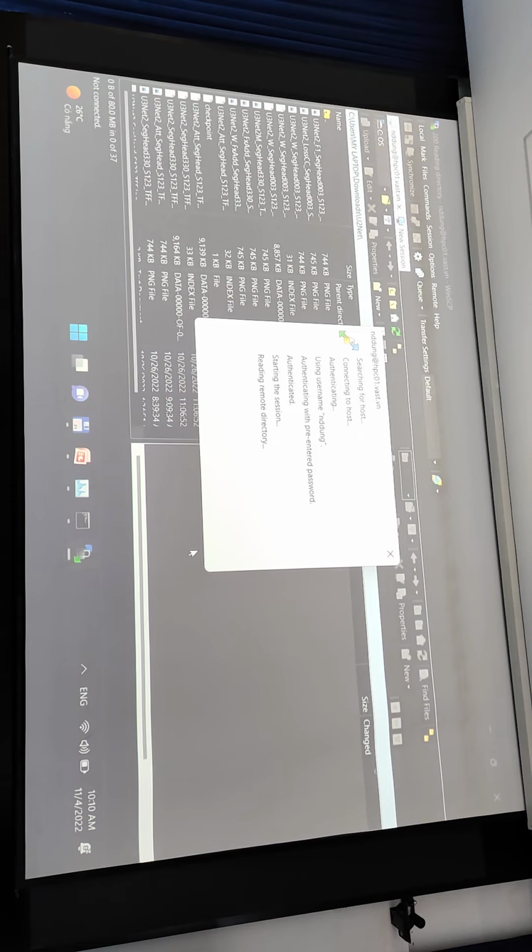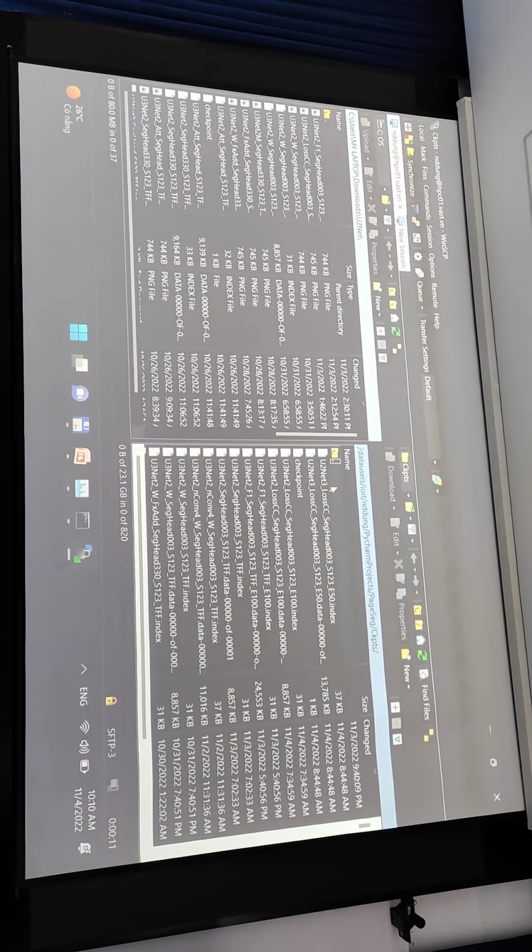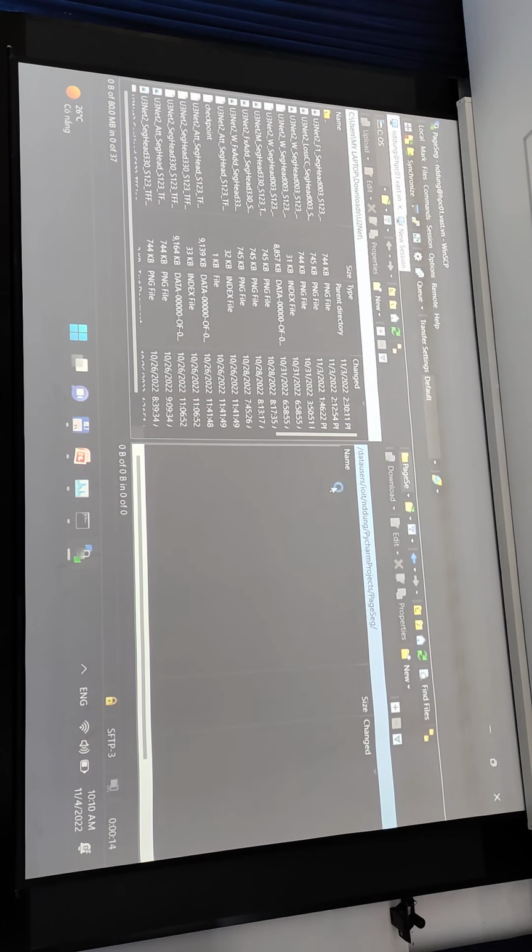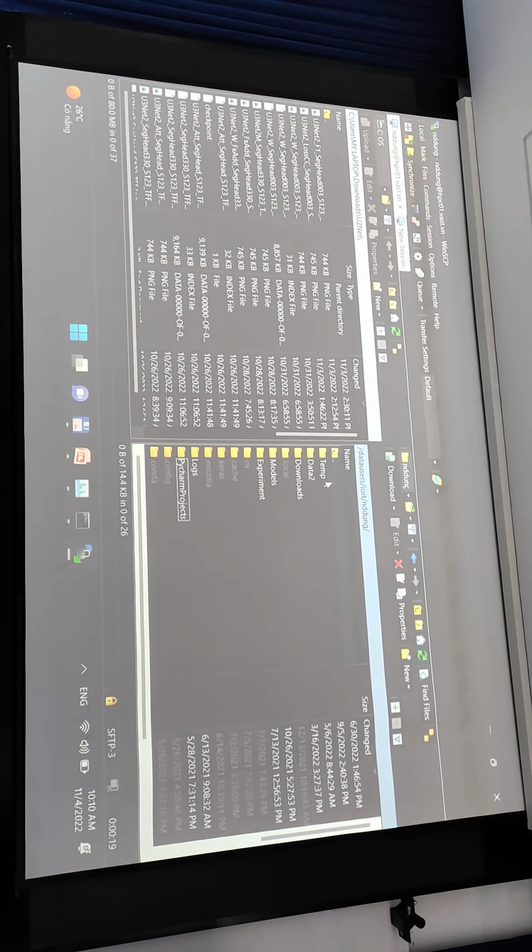And this is the Linux version. This is my home folder on the Linux server. Inside the Linux server, I have different folders, including some system folders, some data folders, some program folders, and some data folders I use for my backup.